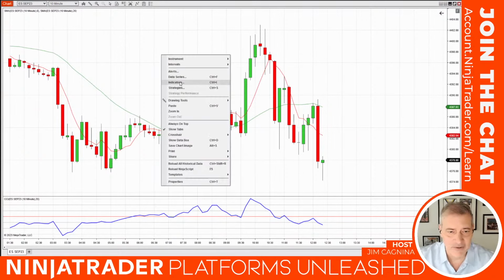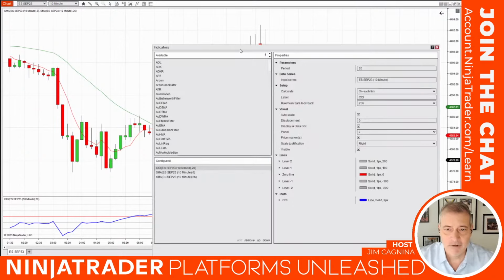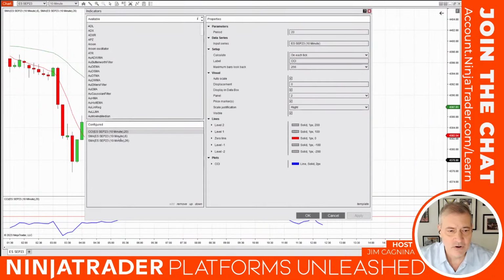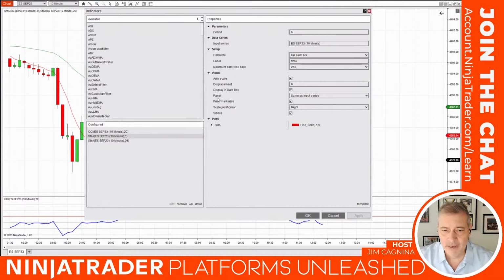I'm going to go back here to my indicator section, and I'm going to make the moving average cross in its own panel. So again, I'm going to go to panel. I'm going to select one. Make sure you always select it. And I'm going to say name input series, new panel. So I just created a third panel. Now, when I click on this next moving average, because I want the whole cross to be in the same panel,